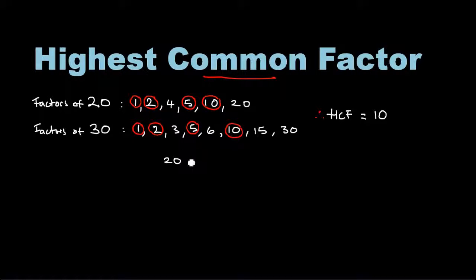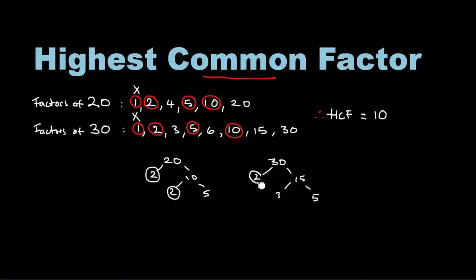So what we did was we took the 20, if that was the figure, and the 30, and we were saying, well, 2 times 10, 2 times 5, and then we're finished, 2 times 15, and 3 times 5. And you can see what this does. It gives us, well, we don't need this one, the 1. We know that 1 is common to every number because 1 is an identity number. And we do need 10, and we do need to find the 2's and the 5's. So we found the 2's here and here and just 1 here,